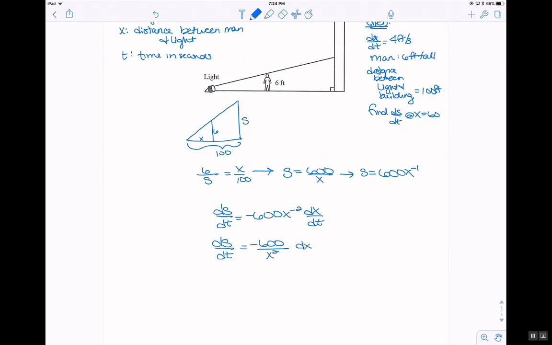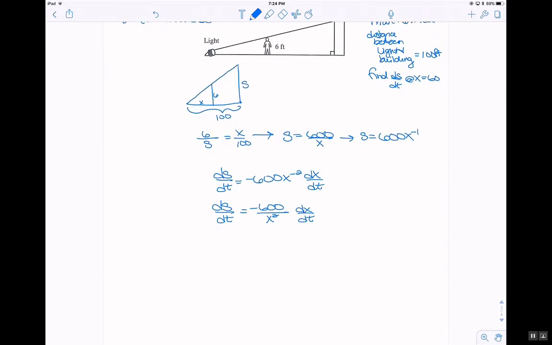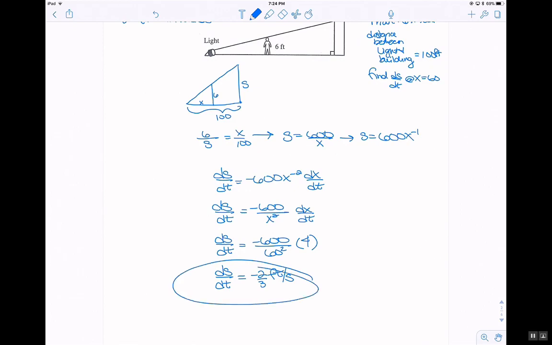So ds/dt is equal to negative 600 over x squared times dx/dt. And then my x is equal to 60. So ds/dt is equal to negative 600 divided by 60 squared times my dx/dt, which is 4. So after you simplify, ds/dt is equal to negative 2/3